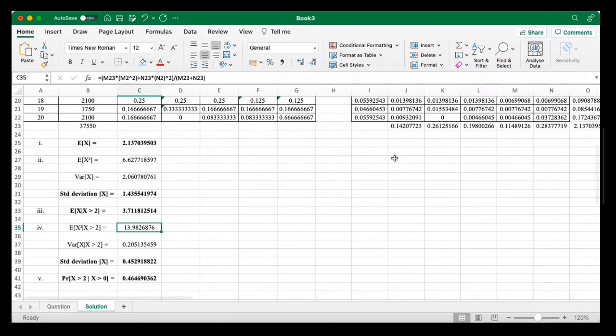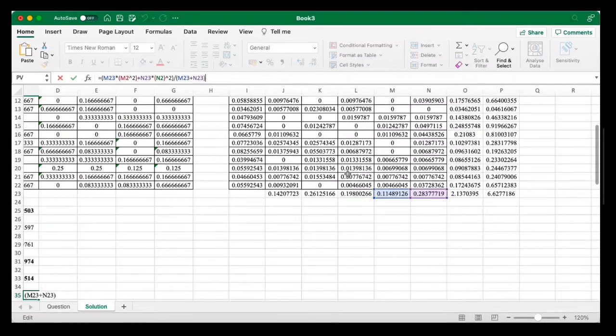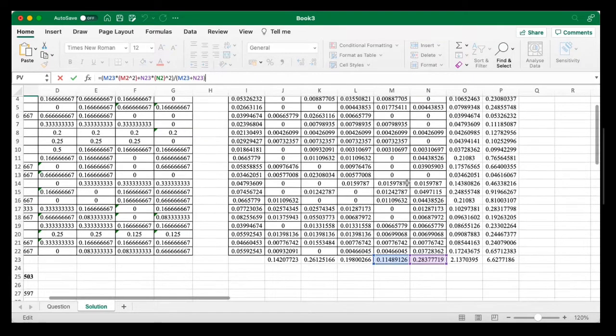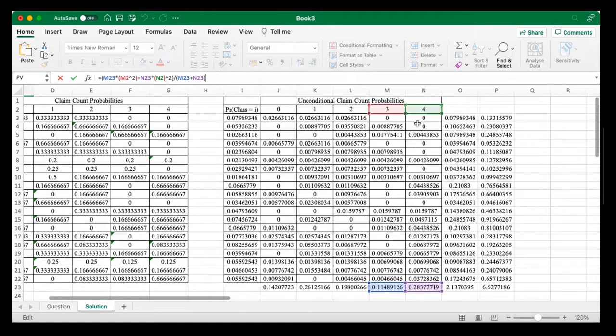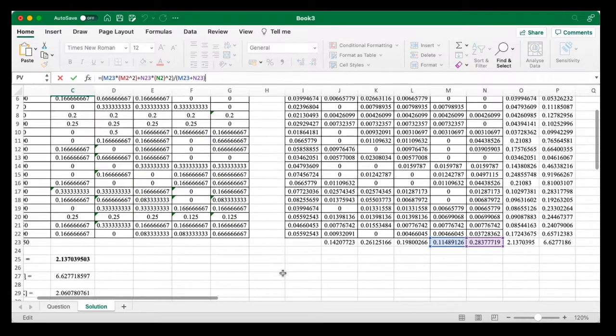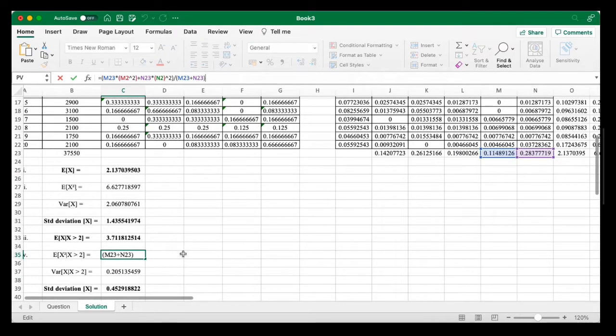For the numerator, because it is X squared, we need to multiply the claim count by itself. That means we need to square the claim count. So 3 squared multiplied by the total probability plus 4 squared multiplied by the total probability, and then divided by the total probability of 3 and 4 claim counts, which is equivalent to